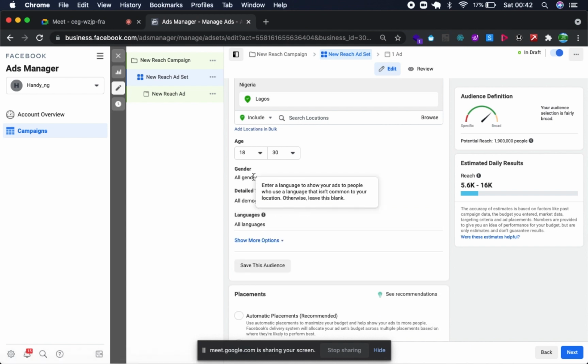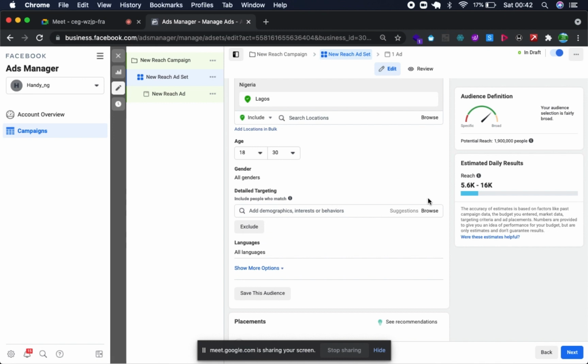We will be using the demographics, the detailed targeting, and this is where the magic happens. The first thing we will do is, I think in our last discussion we talked about what we wanted to target. You bring up one and I bring up one, and then we do that till we are out of ideas. We're trying to create anticipation for a wristwatch brand. So what are the kind of people that you would want to target?